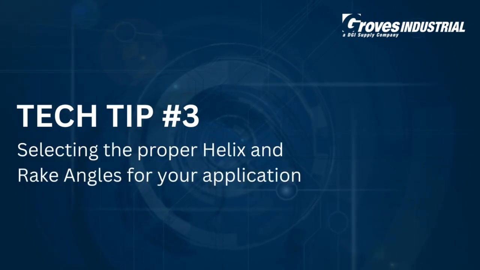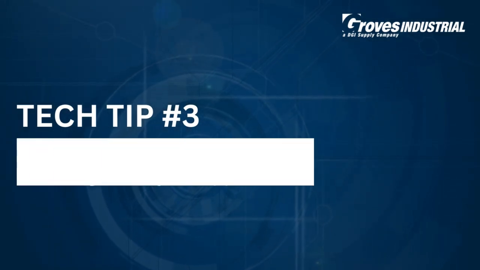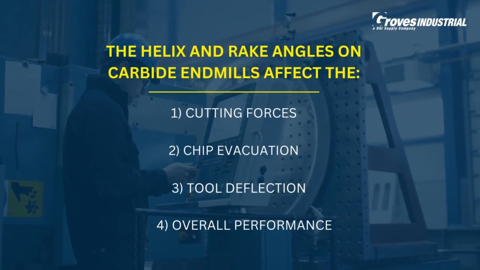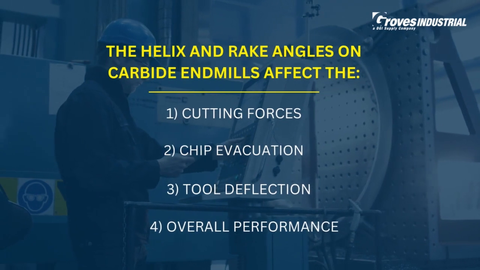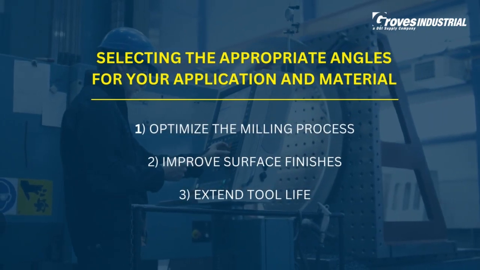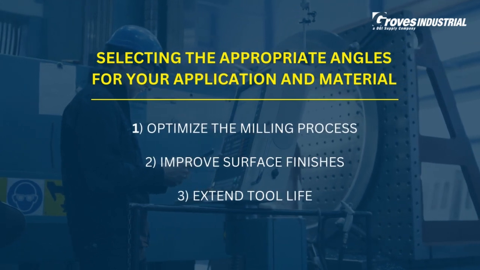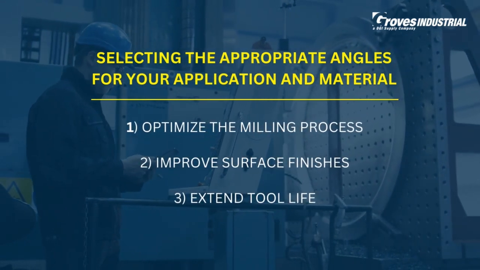Tech Tip 3. Selecting the proper helix and rake angles for your application. The helix and rake angles on carbide end mills affect the cutting forces, chip evacuation, tool deflection, and overall performance. Selecting the appropriate angles for your application and material can help with optimizing the milling process, improved surface finishes, extend